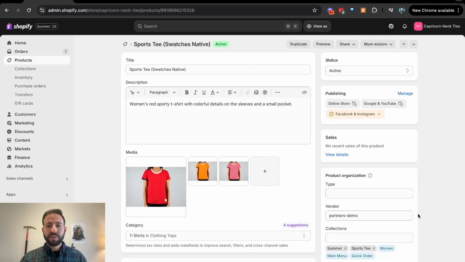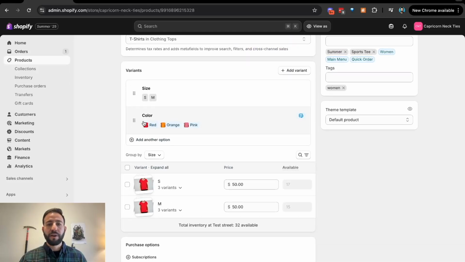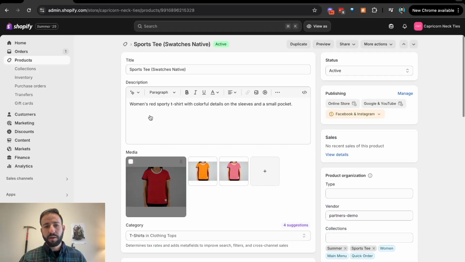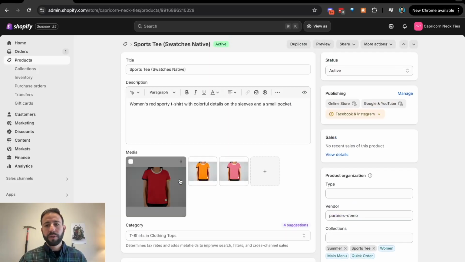Okay, so to start, we're going to take this example product here, sports tee, and I'm going to assume that your product already has variants, some number of variants. So for this product, we have 3 variants: red, orange, and pink. And what we're going to do is create 3 new separate products that are splitting these variants